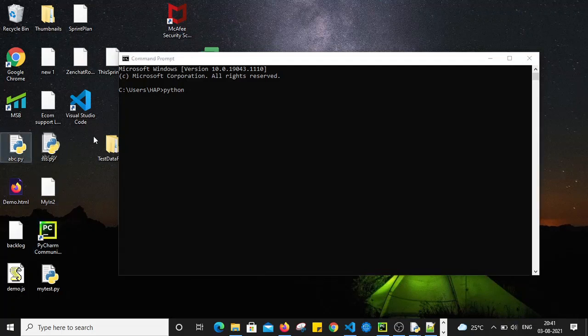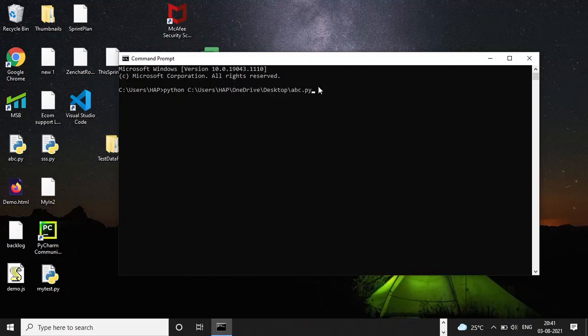You can simply see here that whatever statements we added in that file got executed on our command prompt. We just used the command python and then provided the path of that file. So this is one way of executing Python code: by writing it in a file using any editor, and then executing that file by using the command prompt. Now let's see another method of executing Python code.